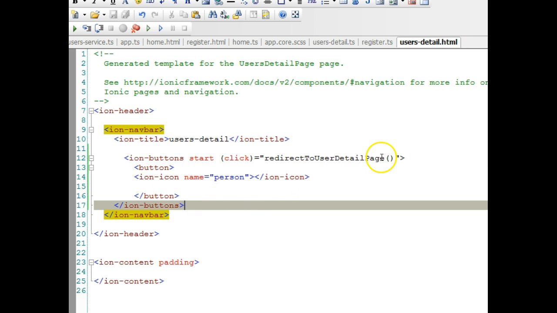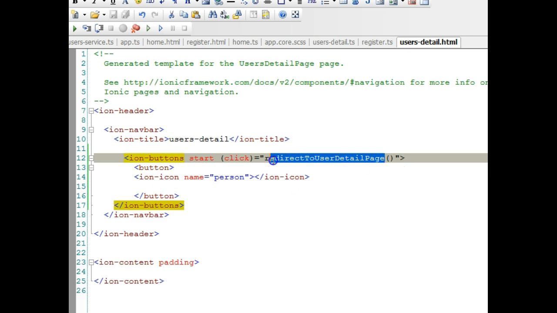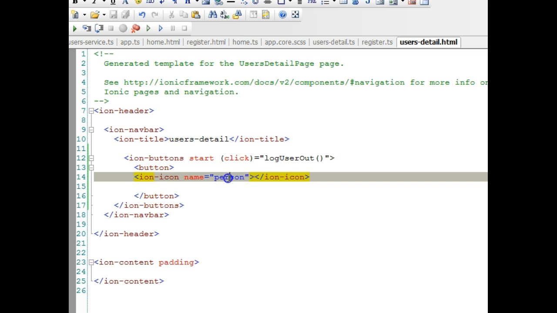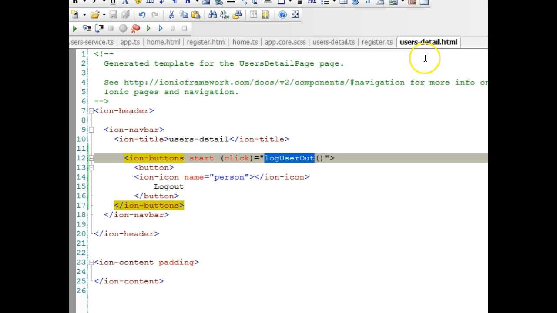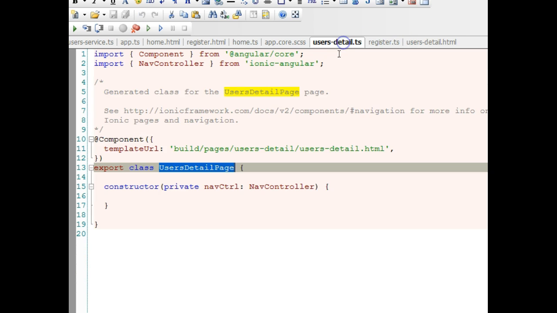Once I paste it, I can change this function to log user out, and then I can change this to logout or whatever. I can just type logout. Okay, so when the user clicks this on user details page, it should go to user detail.ts and run a